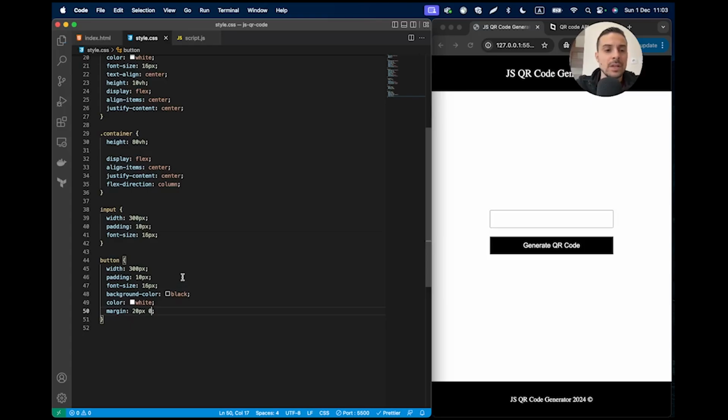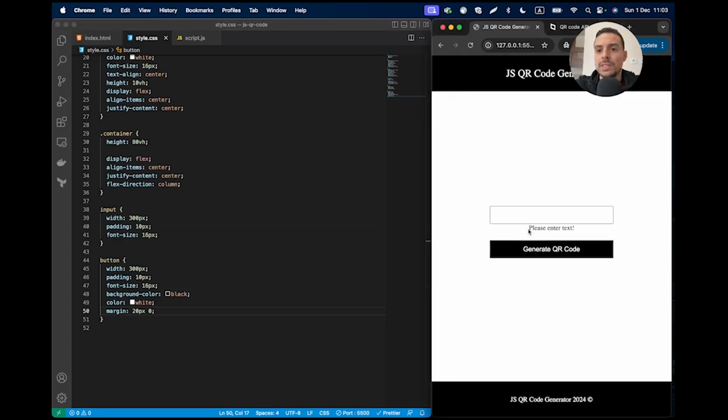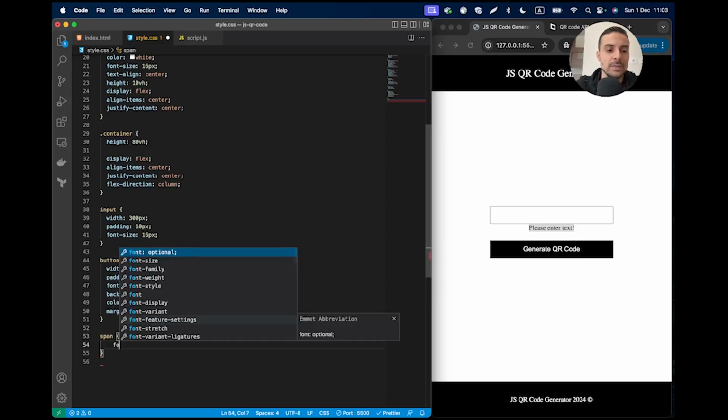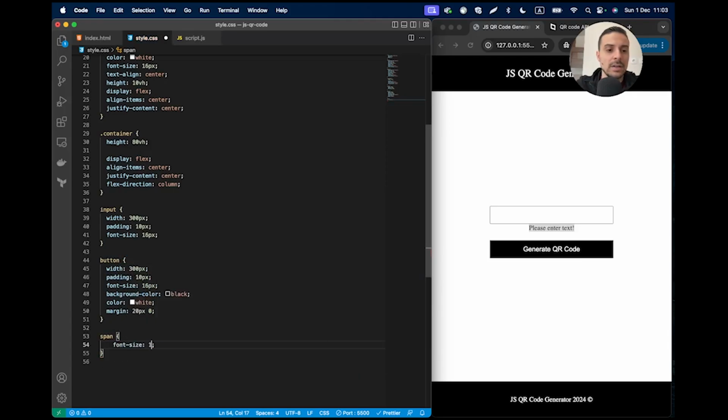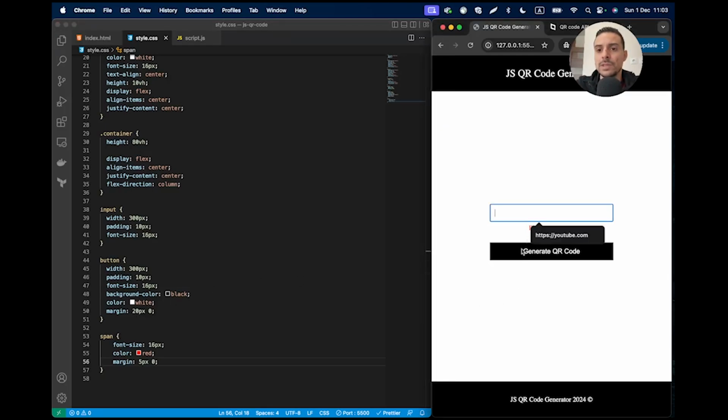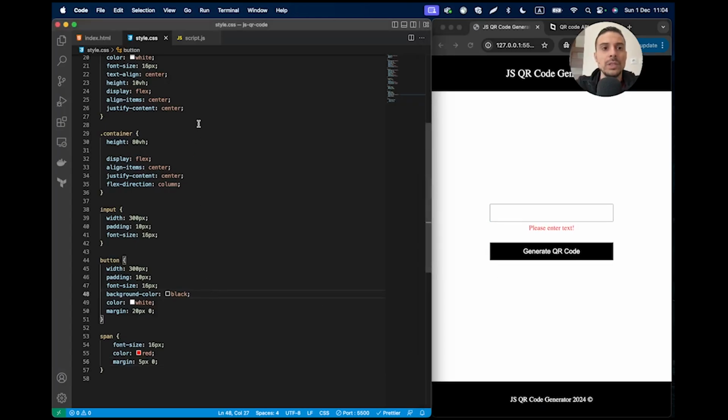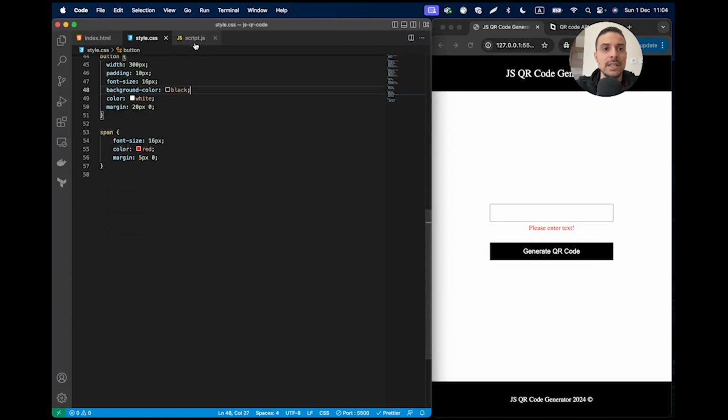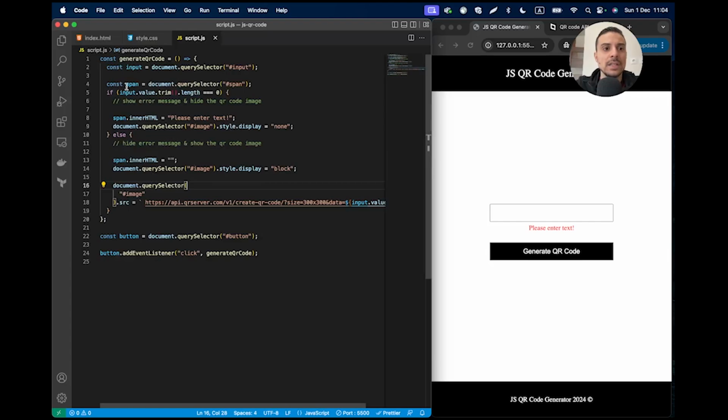If we click the button, we see please enter text. So this span element will be with a font size of 16 pixels, and the color will be red, and the margin of this will be 5 pixels top and bottom, and 0 left and right. What else? We need to also provide a border of red to the input, but we will need to do that with JavaScript. So basically here inside the if block, we can say